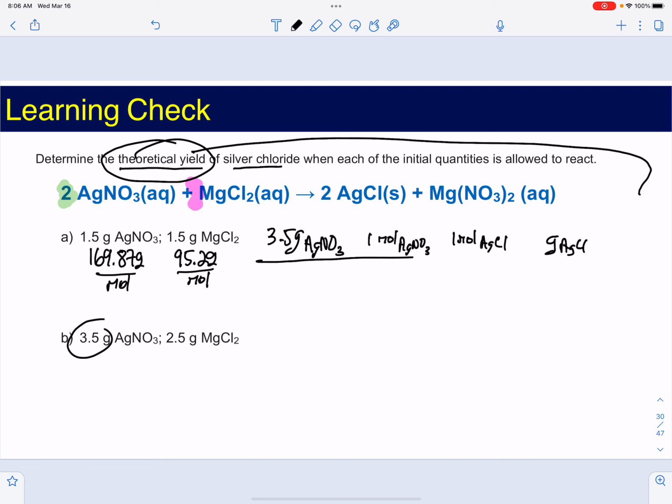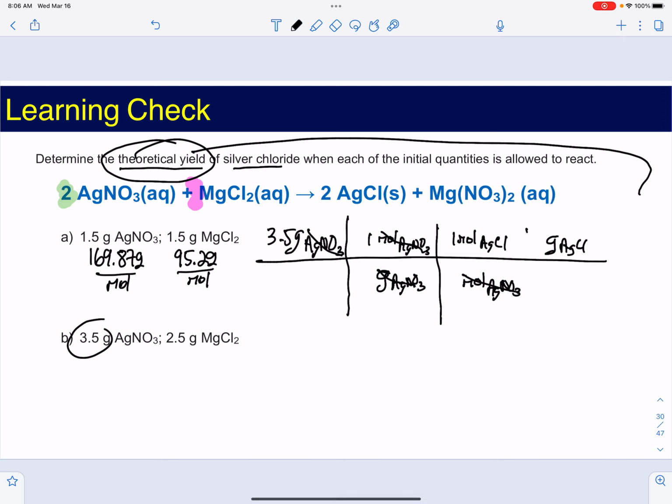That means that we don't want the grams of silver nitrate. We don't want the moles of silver nitrate either, which means we don't want the moles of silver chloride either because we want to get the grams of silver chloride. So for every 1 mole of silver nitrate, you have